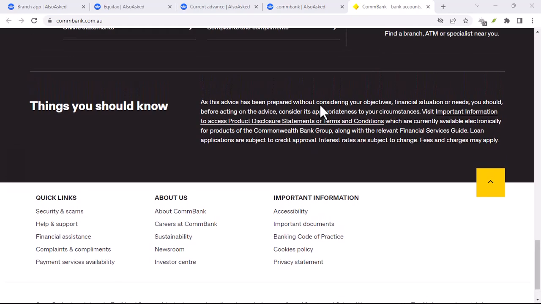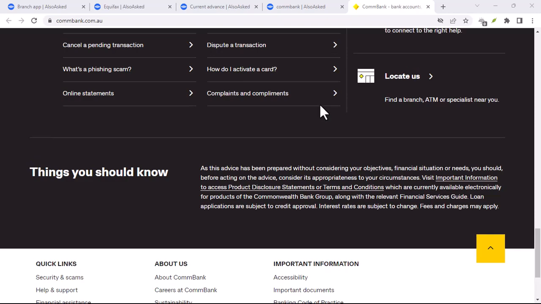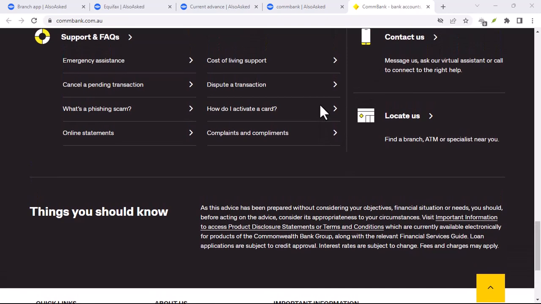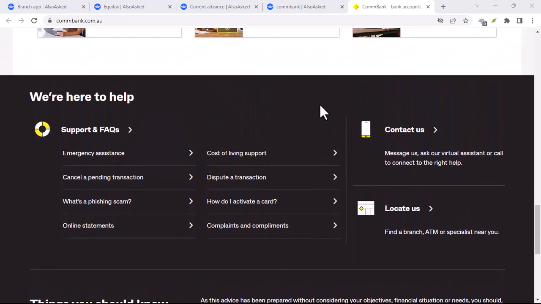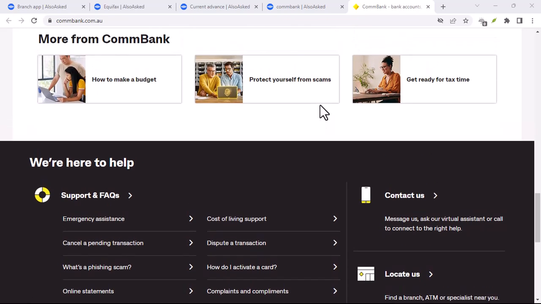By following these steps and tips, you can effectively contact Commonwealth Bank by email and receive the help you need. Remember to be clear, concise, and